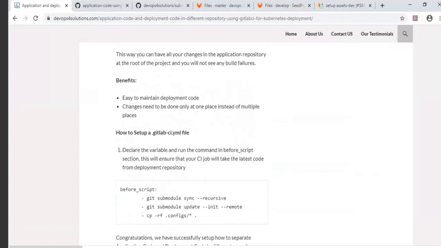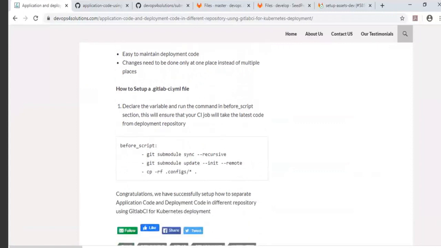Here, I am giving you an example of how you can set it up with your GitLab CI. So in the GitLab CI, the only thing which you have to do is at the top, you just add these parameters. These two are required so that it clones, and this is required to copy if needed. Your same GitLab CI pipeline will work.